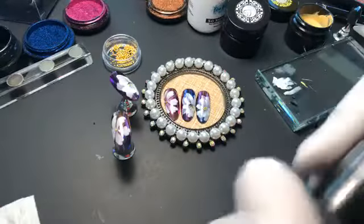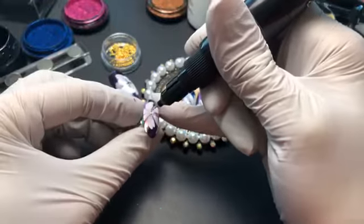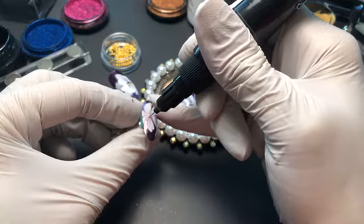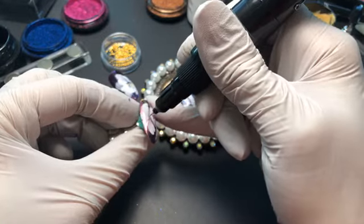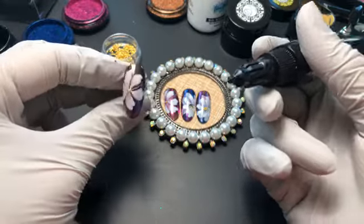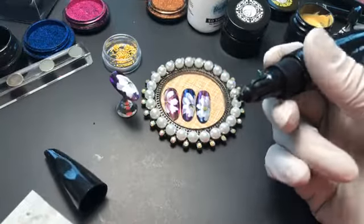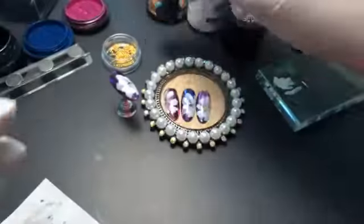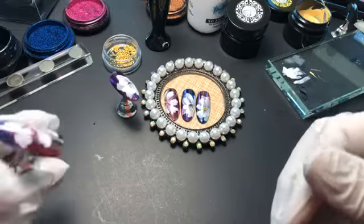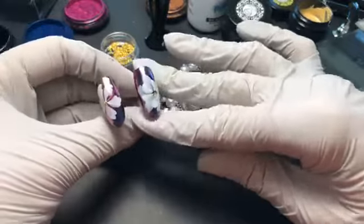Okay, and this is ready. I'm just gonna add one more drop just to seal it. Just gonna make sure that I don't put too much. Okay. And this glue doesn't have inhibition layers. So once it's cured, it's shiny and not tacky. So it's ready. And I'm just gonna, okay, it should cure 30 seconds, but I don't want to take your time while waiting. So this was just an easy